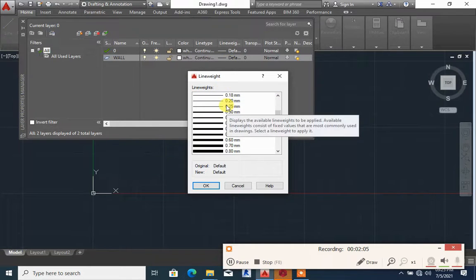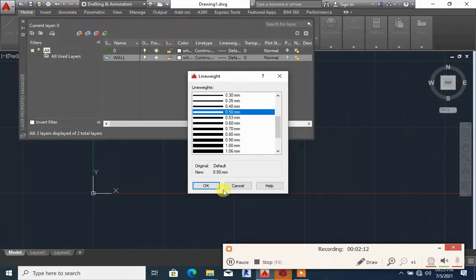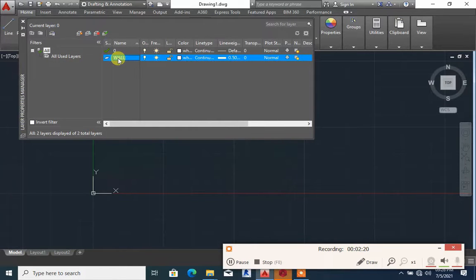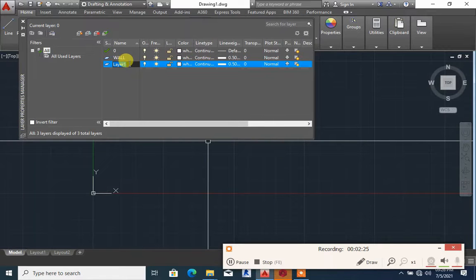For walls we are going to be using 0.5, that is the normal thing we use for our walls. Press OK, then you come to this wall again, press enter, click on the wall, press enter, then